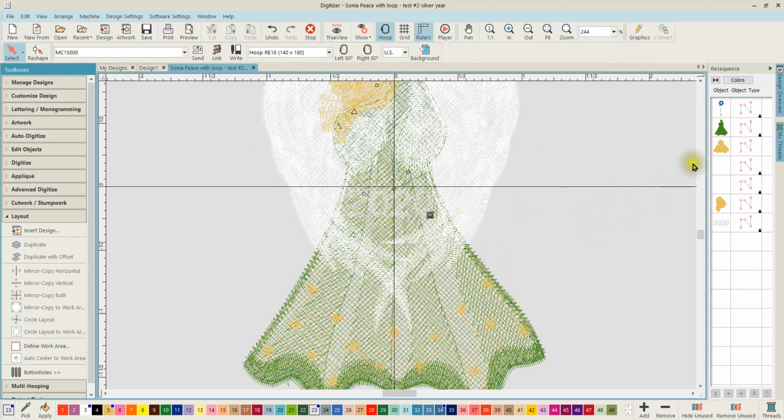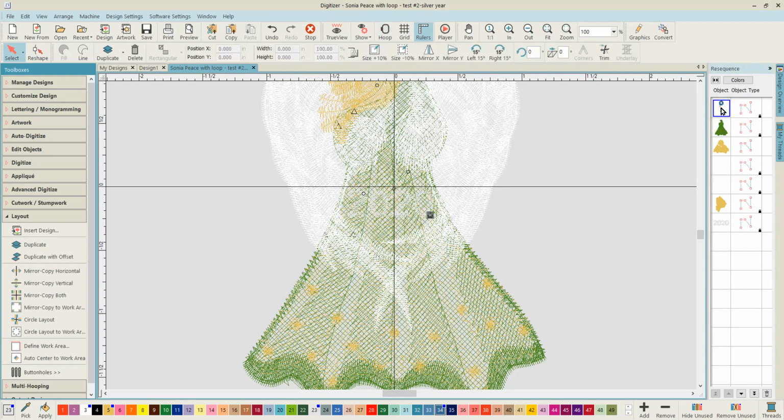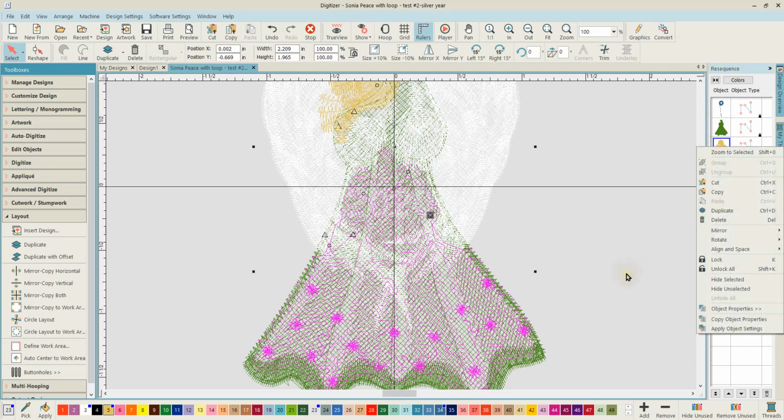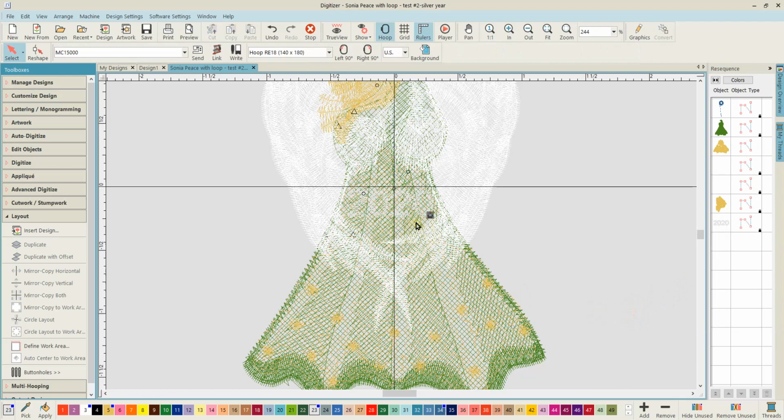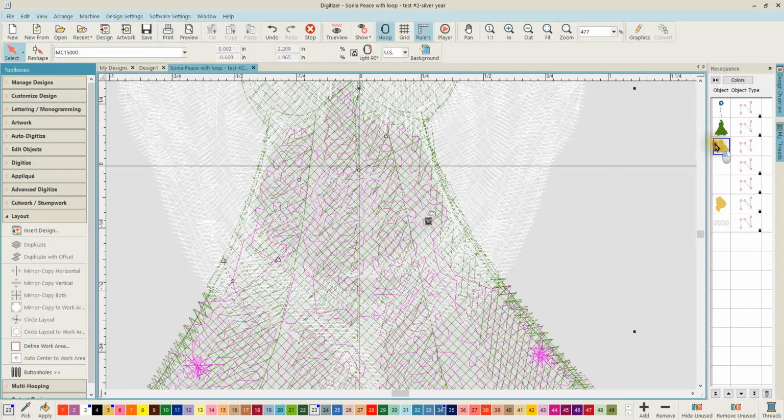What I'm also going to do, I think, is select this. I'm going to do a right... Actually, I'm not going to. I was thinking that I was going to right click here and hide everything, but I don't think I'm going to do that. Anyway, what I want to do is select this yellow,